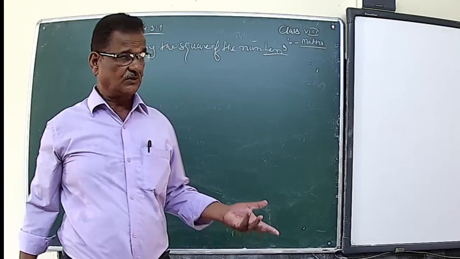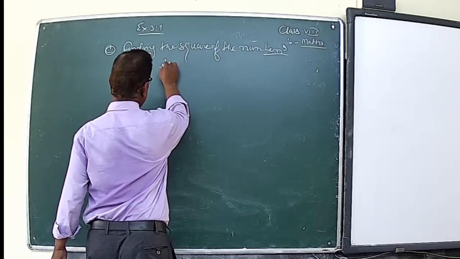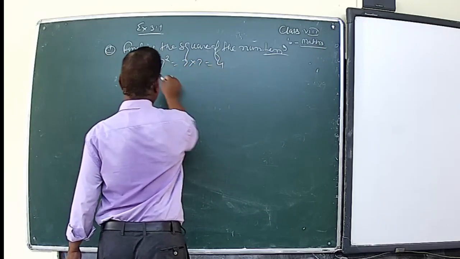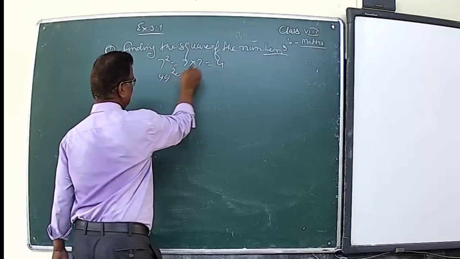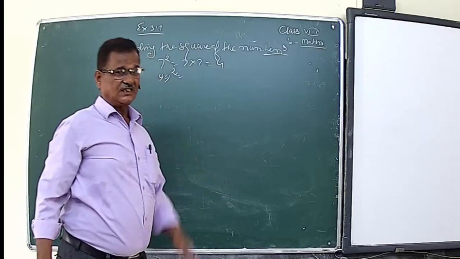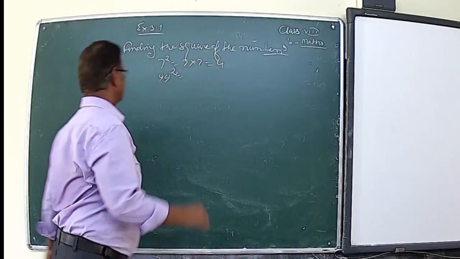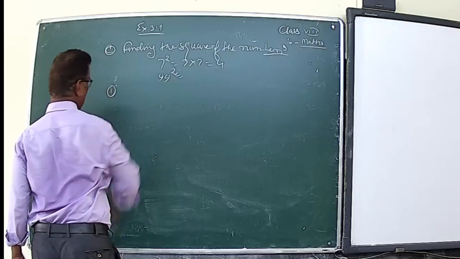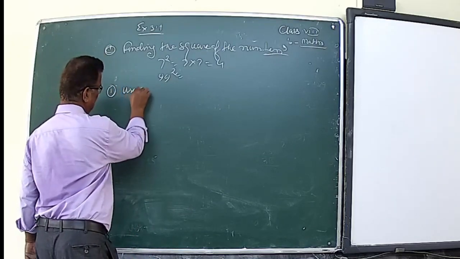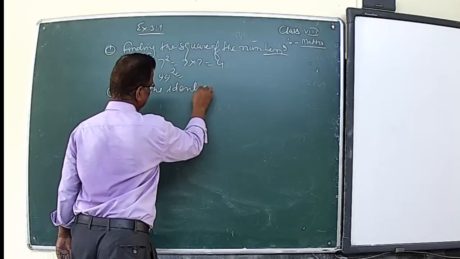The square of a one-digit number you can find easily. Suppose you want to find the square of 7, then 7 into 7 is 49. But if you want to find the square of 99, then you cannot easily get it. So there is a property we use first: the identity. You can find the square of a bigger number using the identity.